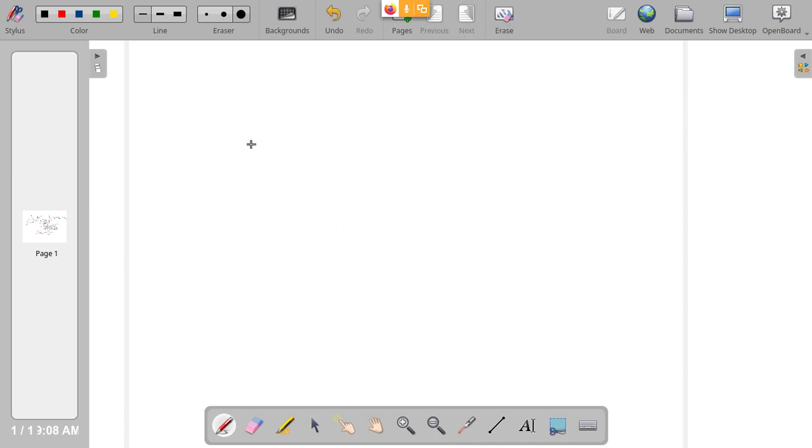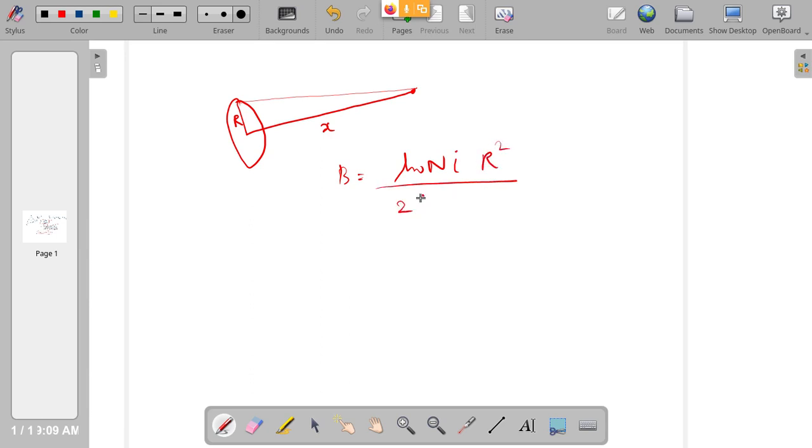So all you have to remember is the formula. So it is a circular coil. They are asking the magnetic field at a point on the axis at a distance. So this is the distance, x or z or whatever you want to call it. You can use whatever symbol you want. This is r. The formula therefore is B is equal to mu naught, number of turns is given, so n I r square divided by 2 into x square plus r square power 3 by 2. If you use this formula, whatever answer is given in the key, you will get that.